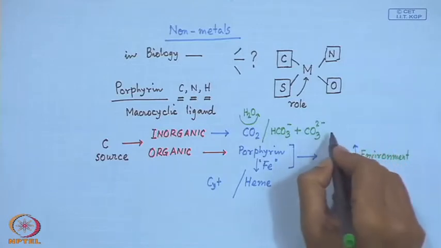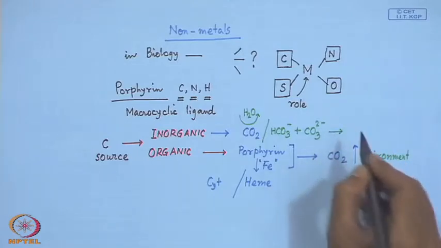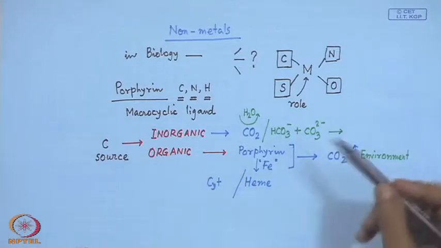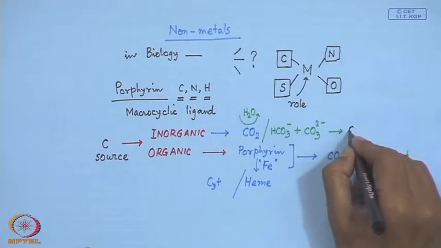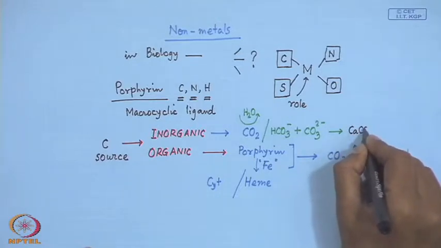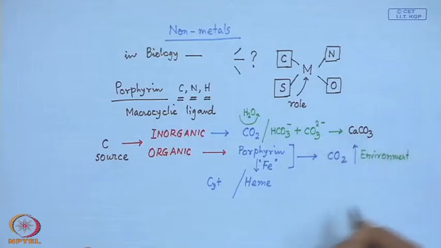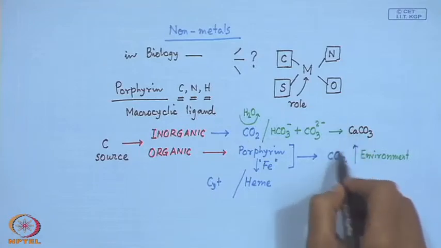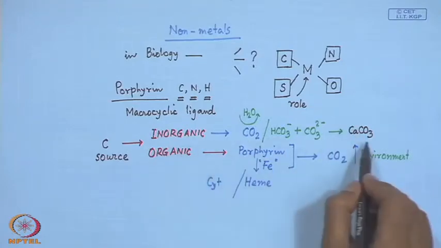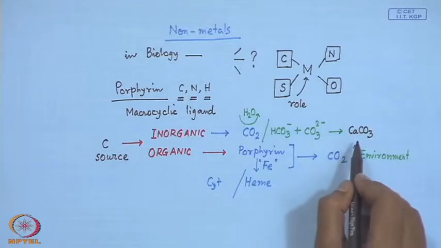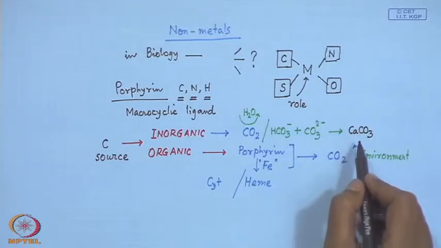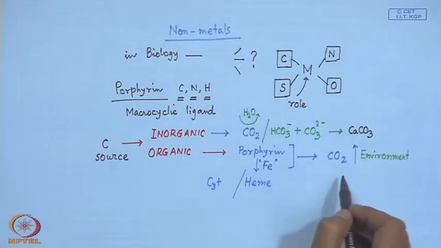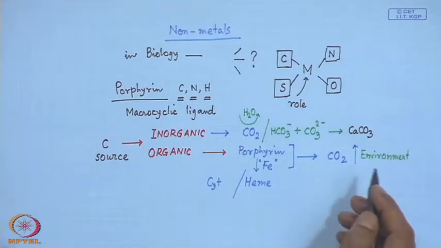carbonate anions, and if metal ions such as calcium can participate in trapping these bicarbonate and carbonate anions, we get the corresponding fixation of carbon as an inorganic material in the form of calcium carbonate. So, in this case, we can have some amount of carbon trapped as carbonates or bicarbonates, or this carbon can be present in some important organic molecule which can further take part in some important